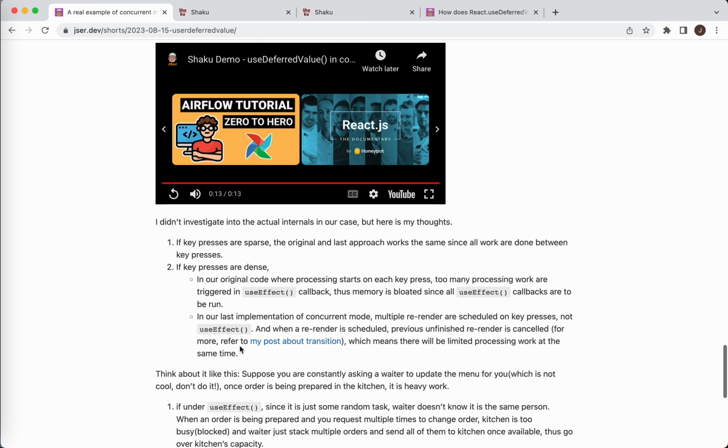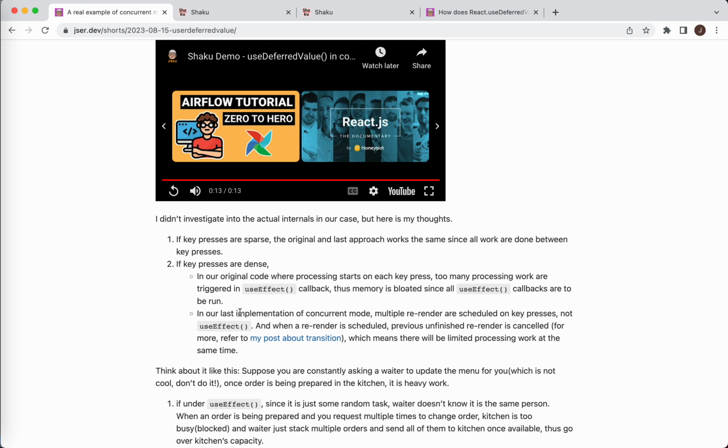Yeah, the only problem is that if the key presses are dense, like I press the key frequently, in our original code we're putting the render in the useEffect callback. But the useEffect callback, for React, is just some random callback. It doesn't know anything about the callback. It could be anything, right? It could be a side effect, or you're scheduling a re-render. React doesn't know. So what it does is that,